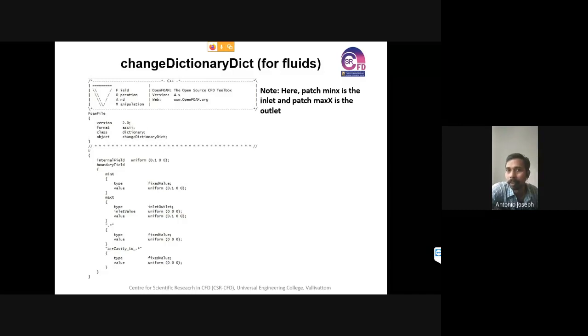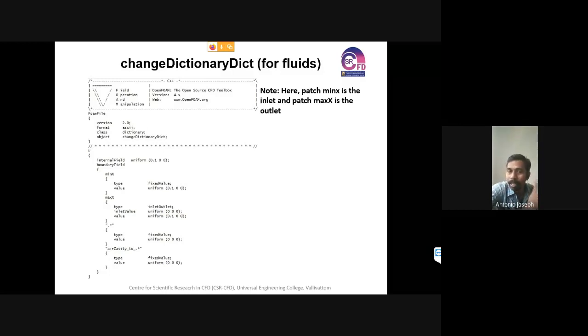Actually, that was three different phases, isn't it? In Salome, we had grouped three different phases into a single one called wall. So suppose it was of three different phases. Let it be wall 1, wall 2, and wall 3. So while giving the boundary conditions, we need to specify all these three patches. We need to specify full wall 1, then full wall 2, and full wall 3. Then only we will be able to give the boundary conditions.